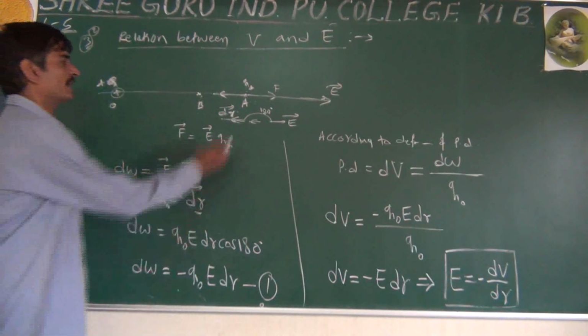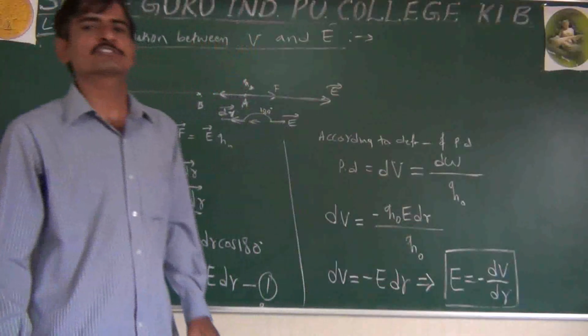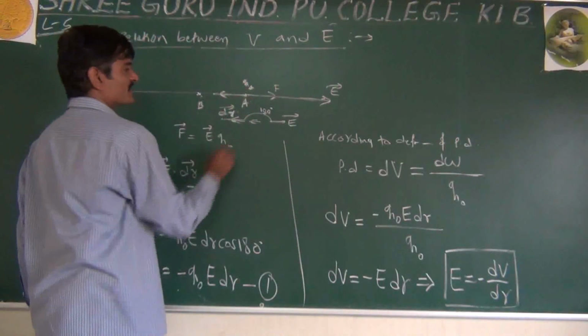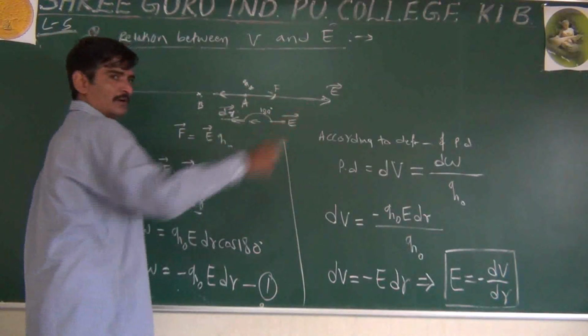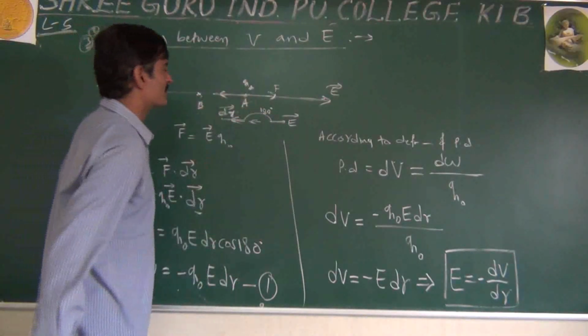I have considered 2 points A and B in an electric field of the charge plus Q, right? And these 2 points are very close to each other, such that the electric field is almost the same. So now a test charge Q0 is there at the point. That test charge will experience a force outward. So now we want to move that test charge towards the point B.